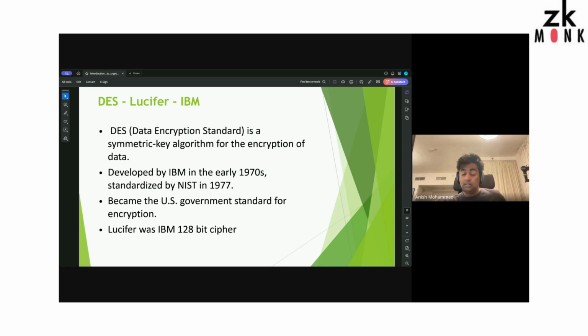So between the Second World War and DES happening, the military and other nation states always had access to much better cryptography, as the story of DES will tell you, right? But civilians didn't have any. What happened in the 70s is that a symmetric key standard was proposed. IBM proposed this in the 1970s, and it goes through a whole bunch of things. Can I have the next slide, please?